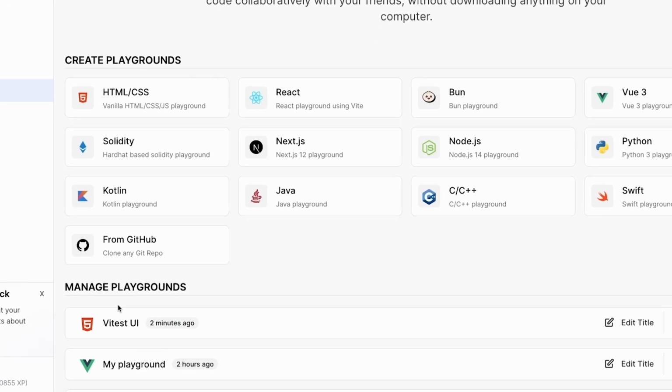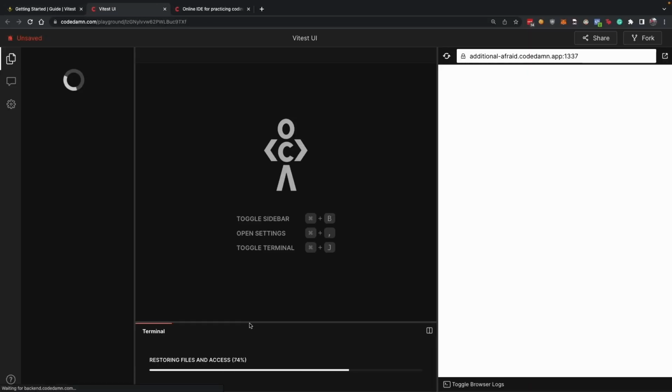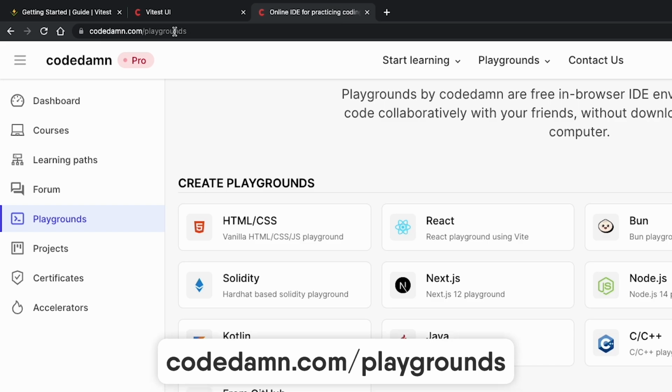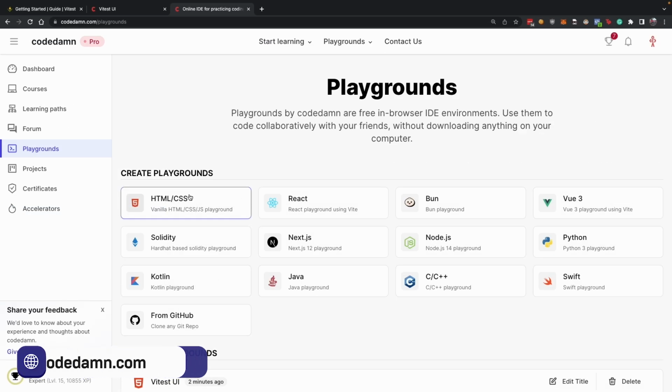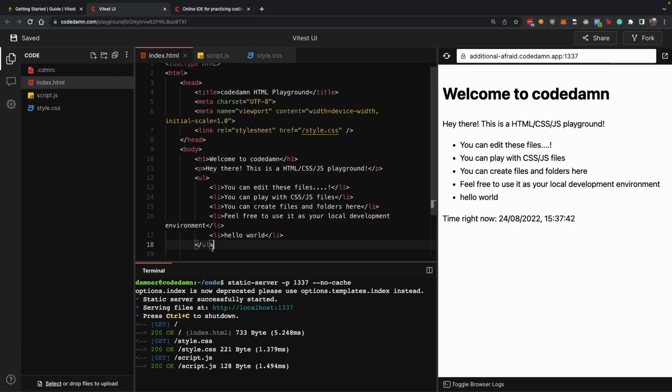So you can see I've already created a Vitest UI playground over here, which does not include a lot. So let's go ahead and set up Vitest first. When you create a playground on codedamn by going to codedamn.com/playgrounds, you will be able to choose any of the playgrounds. I've just gone with HTML and CSS because we can construct a full template from